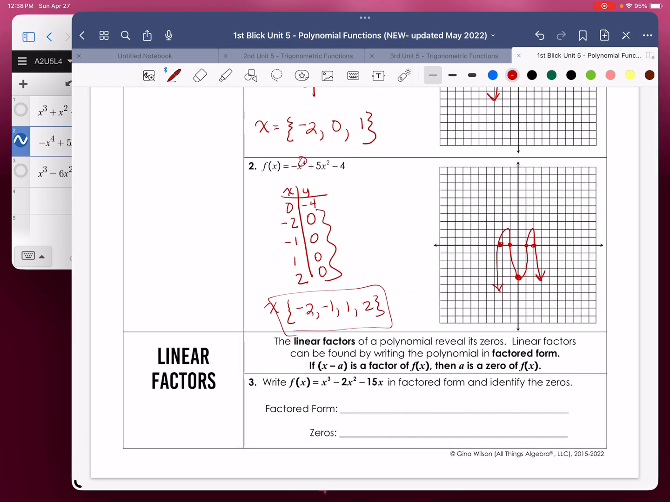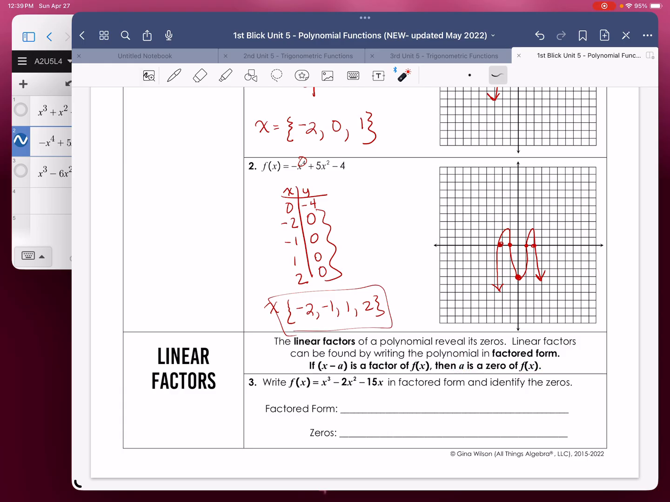Okay, so now let's get to where we are just looking at them and not trying to graph them. First of all, linear factors. The linear factors of a polynomial reveal its zeros. Linear factors can be found by writing the polynomial in factored form. So those of you that thought we were through with factoring, well, here it comes again. And the rule is if x minus a is a factor of f of x, then a is a zero